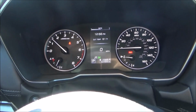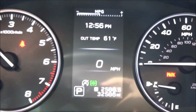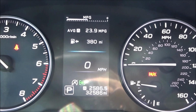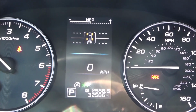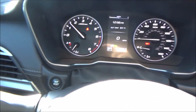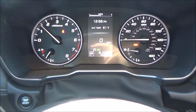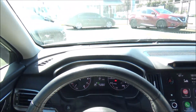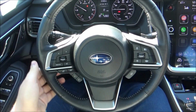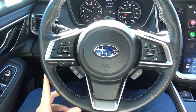In the instrument cluster, we have 4 analog gauges, which are your tachometer, speedometer, fuel gauge, and temperature gauge. And then there's also a digital info display, which can be gone through via these controls on the steering wheel. You also have the trip reset button, which will go between trip A and trip B. It has a 3-spoke design, leather-wrapped, and multifunctional steering wheel. There are sport grips. As for controls,